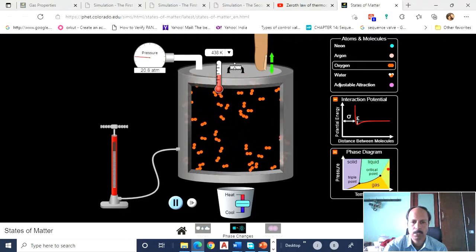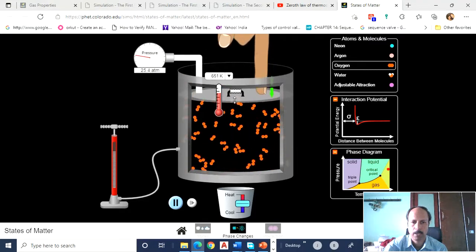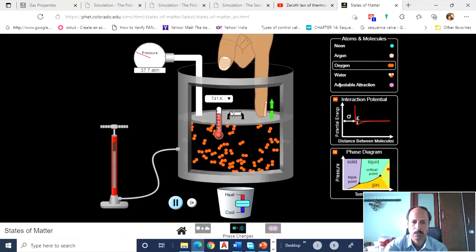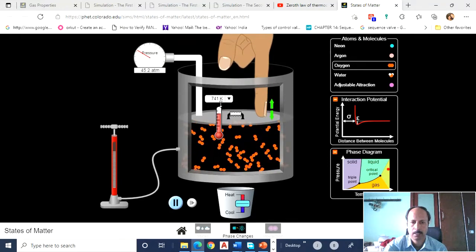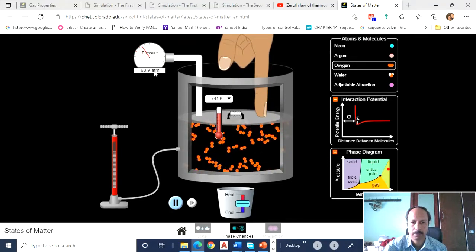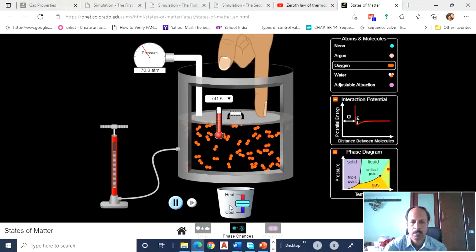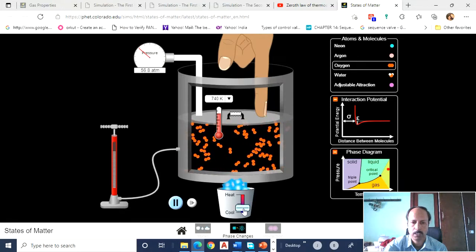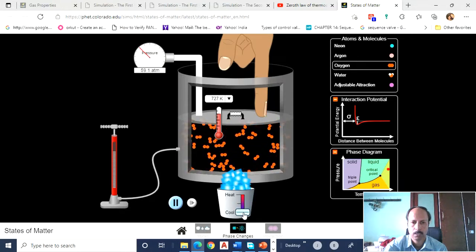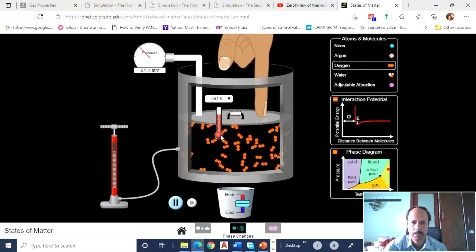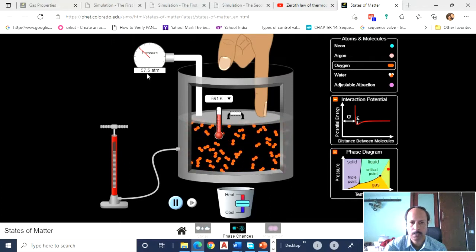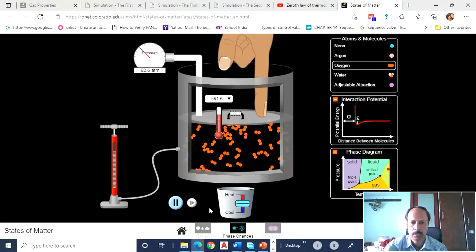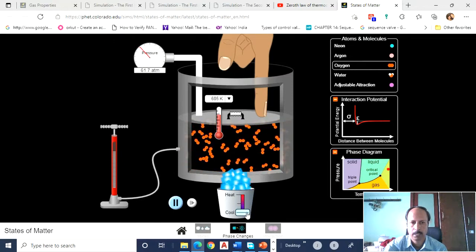Now let me move this lid down to decrease the volume. I have decreased the volume, and hence the temperature has increased and the pressure has increased. If I cool it down, what is going to happen? Now I am removing the heat from the system. As expected, the temperature should come down, and it is coming down. Now what is going to happen to the pressure gauge? The pressure gauge is showing a decrease in pressure, as you can see.